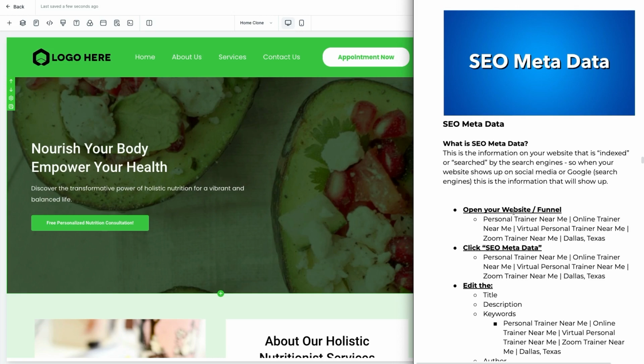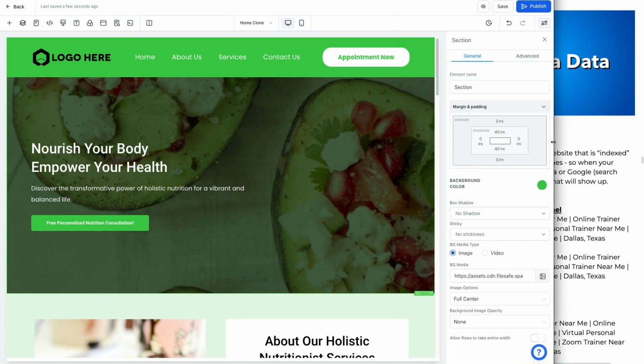Okay, so setting up your metadata is going to be very important. We've talked about it previously in one of the tech tutorials, but I want to go ahead and walk you through it right now so you understand the importance of it, and we'll walk you through some of the recommendations around it so that you can make sure you are optimizing yourself